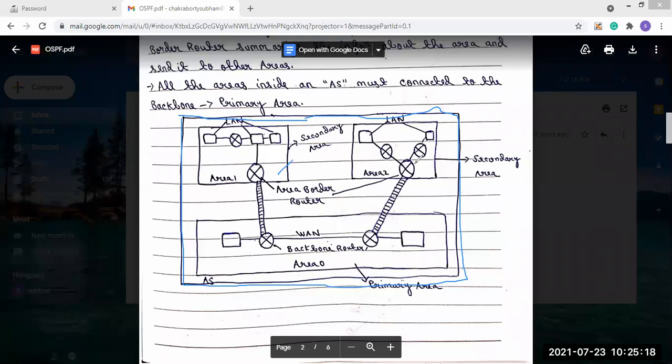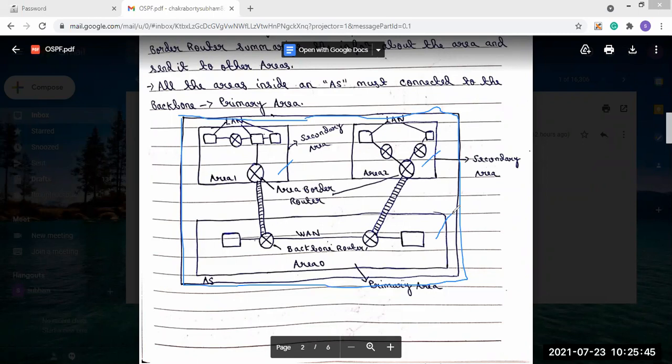So you see, this is an area, this is an area, and this is also an area. As an example, I have written 3 areas, but it may happen that multiple areas are present. I have taken a simple example here: one autonomous system, and in this autonomous system I want to show you that there are 3 areas present.